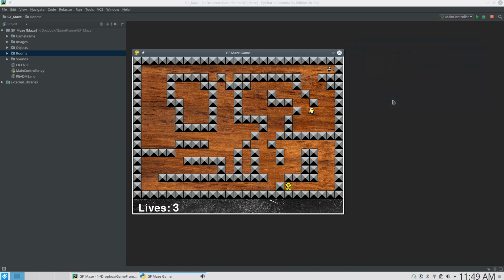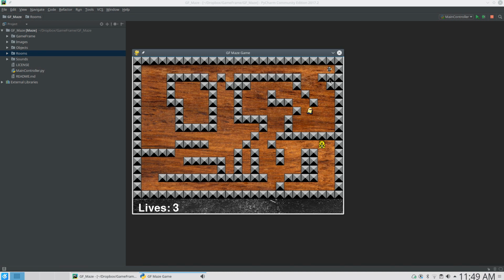In this video I'm going to have a look at the code behind the maze game for GameFrame. So first of all, just having a look at the game, just a quick review. We've got a few objects on the screen. We've got a teddy bear, who's the player, and we've got these bricks that stop you going through them if you're the player. We've got the enemy here, this ghost, and if he gets in contact with the teddy you